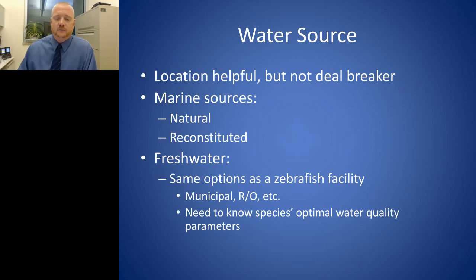You've got some fish that like very hard water, very high pH water. And then you've got other more sensitive fish that like soft water and a low pH. So that's really important to know their optimal water quality parameters, because you're going to get the best data possible by having the best environment. So that's totally analogous to our mice and rats and other lab animal species, is trying to optimize everything in their environment.